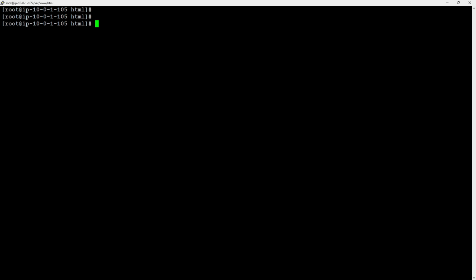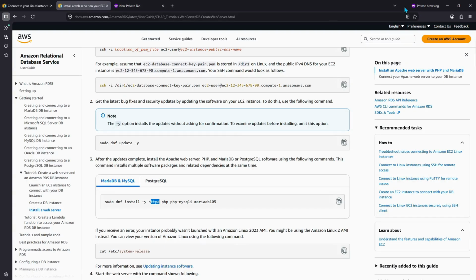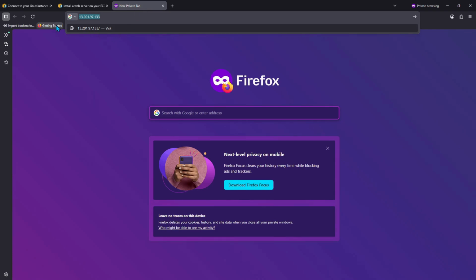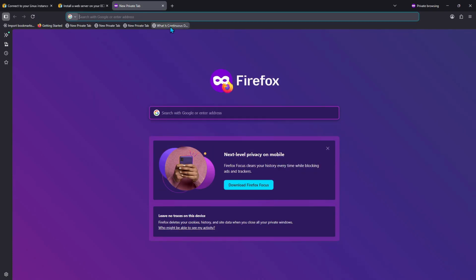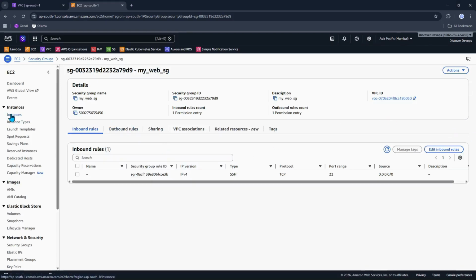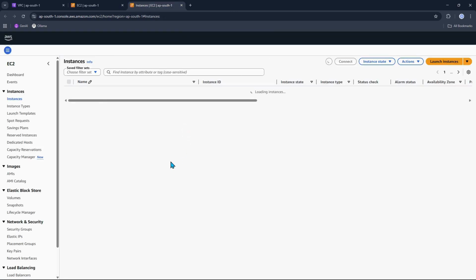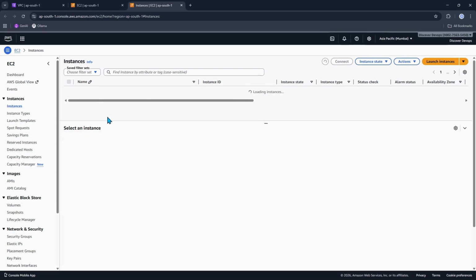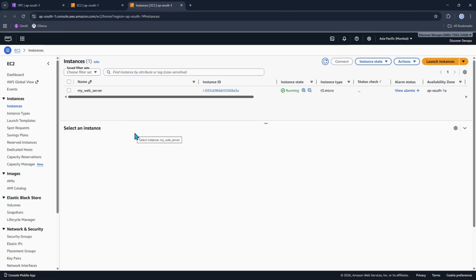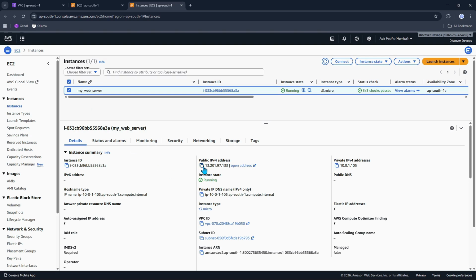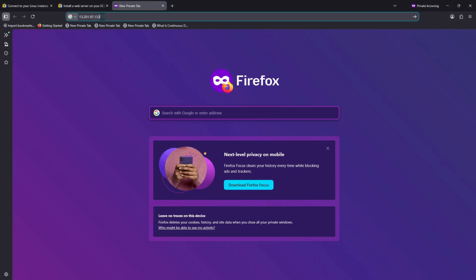Now if I want to access my website, I need to go to the server here, and I need to give the IP address. If I go to my AWS console one more time, let it be loaded, select your instance, copy the public IP address. Now if I go to the browser and type your IP address,